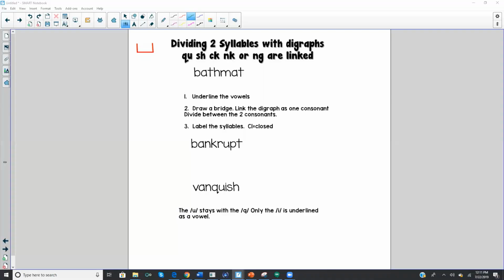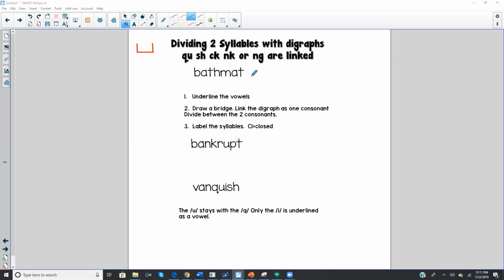Okay, so now we're going to do one. We're dividing two syllables if it has a digraph. Now remember, digraphs are two letters that make one sound. Okay, so now this first one, you probably know what it is. And it's actually a compound word, so we could just divide it really quickly. But if we didn't know what it was,